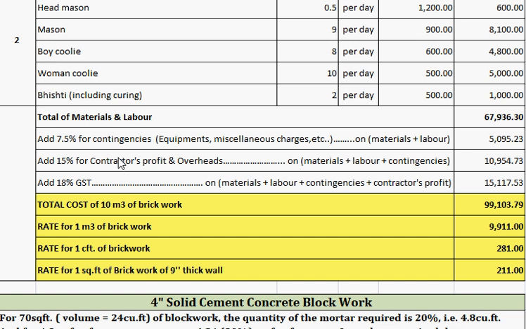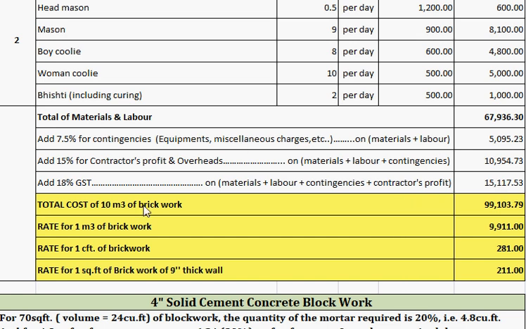rupees. Then we have to add 7.5% for contingencies, that is equipment, miscellaneous charges, etc. on materials plus labor, that is 5,095.23 rupees. Then we have to add 15% for contractor's profit and overheads on materials plus labor plus contingencies, that is 10,954.73. Then finally add 18% GST on materials plus labor plus contingencies plus contractor's profit, that is